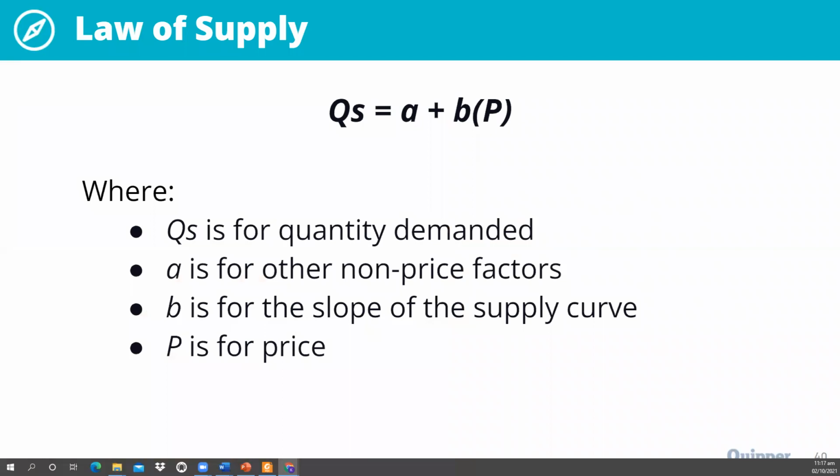Ayun yung behavior ng environment or the economy. Okay? Next, ito naman yung equation ng supply. Okay? So QS is equal to A plus B open parenthesis P close parenthesis. Yan. So as you can see, yung difference nila